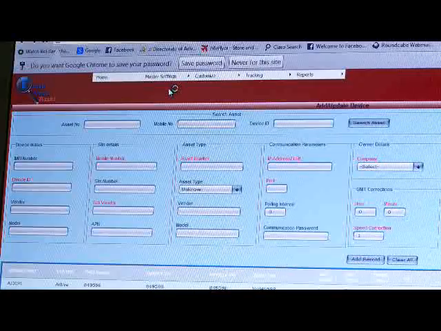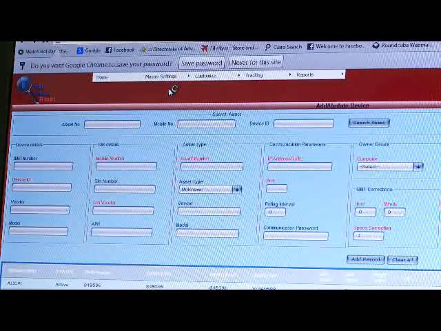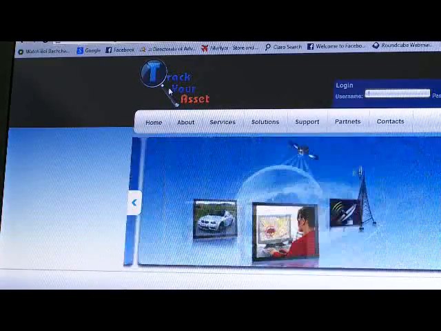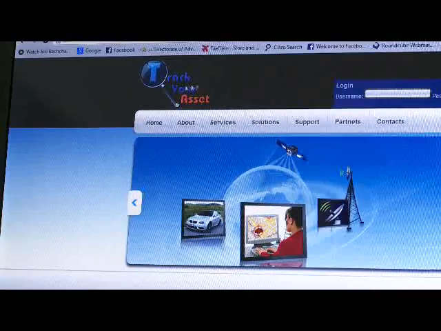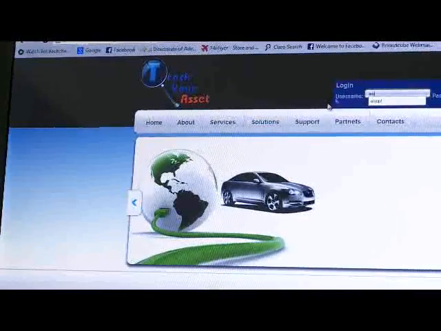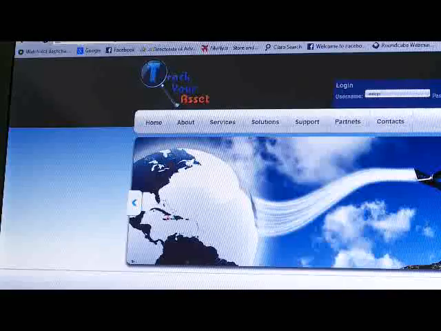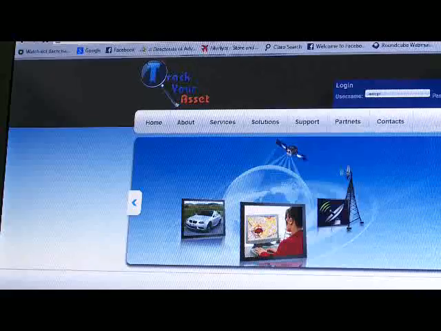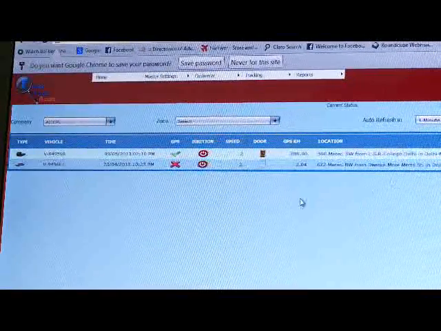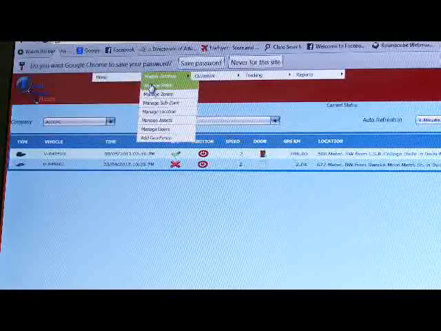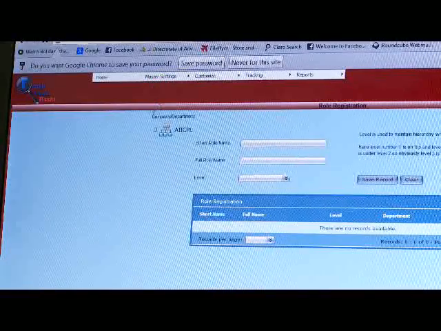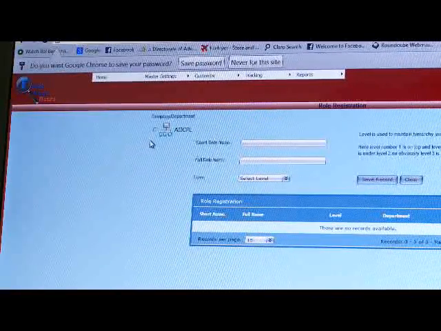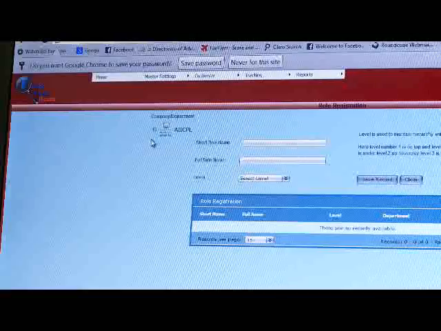Manage roles is I can give them different hierarchies. This is for setting the different roles for different users and giving them different levels.